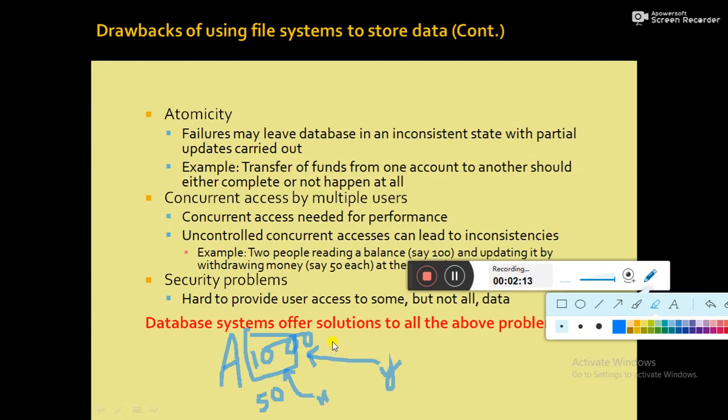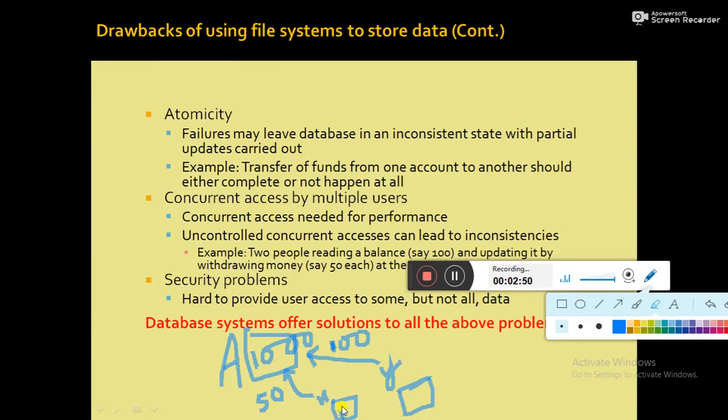100 rupees from the same account A, and they try to withdraw the amounts 50 and 100 rupees respectively at the same point of time. That means customer X and customer Y are both accessing a common database A concurrently, and this leads to inconsistency in the database. For example, if X wants to withdraw an amount and Y wants to withdraw an amount, both X and Y have to execute their program,